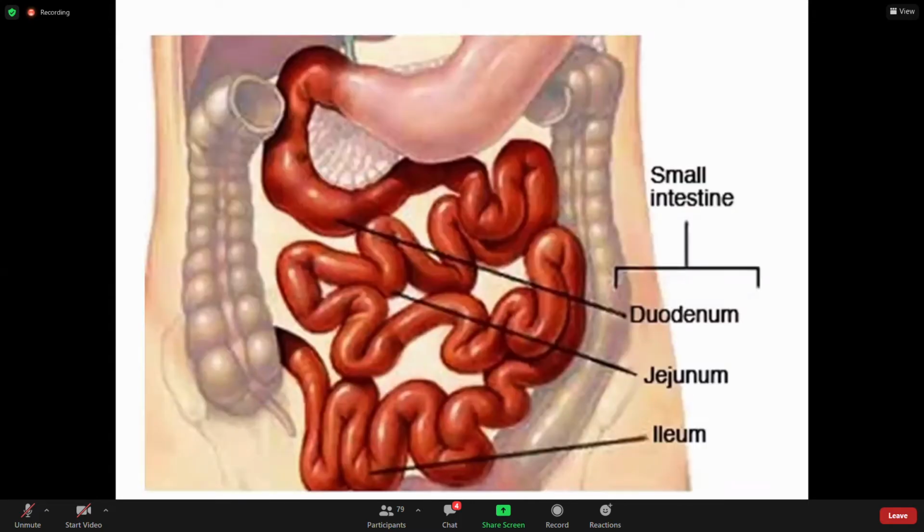In this picture, you can see the stomach over here. The next is your duodenum, and this is the pyloric end of your stomach. From this point up to your ileocecal junction is basically our small intestine, right? And this small intestine we divide into three parts. The first part, this C-shaped part, is the duodenum. The next part is the jejunum, and the terminal part, which communicates with your large intestine, is your ileum. So all these three parts together constitute your small intestine.